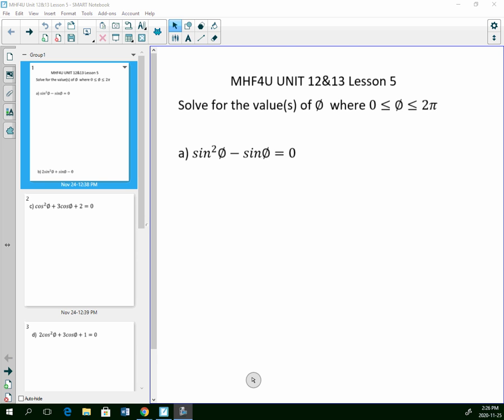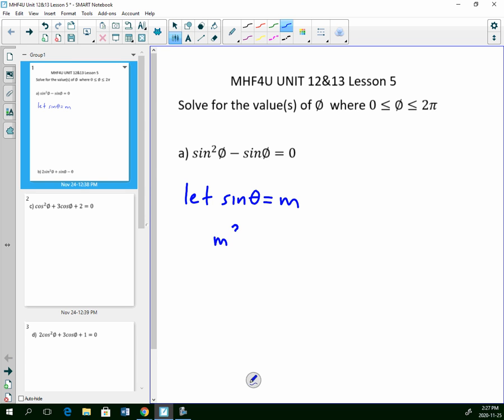Some students like to replace the sine with another variable. So if I said that sine theta was equal to m, then sine squared theta would become m squared, and sine theta would become m. So now I want to factor. If we think about our factoring process, the first thing I generally look for is a common factor, and I see that both of these terms have a common m, so I'm going to factor that out